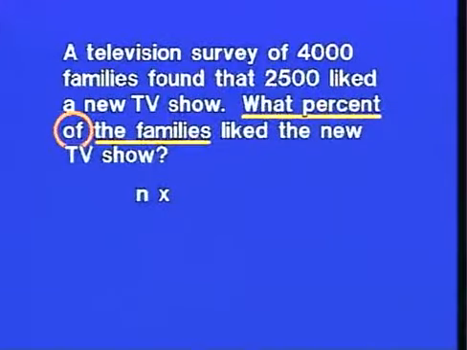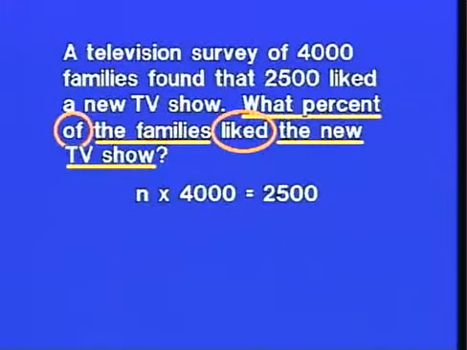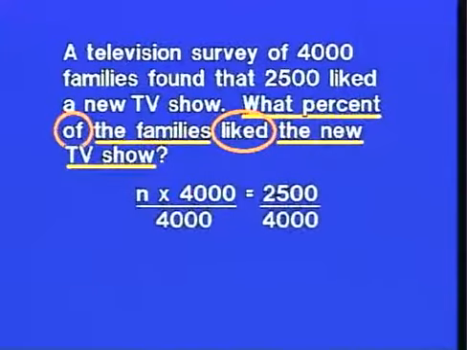The families. Now let's see, the families in this survey, television survey of 4,000 families. So this must be 4,000. Liked. That's a verb. Well, the verb is usually replaced with an equal sign when we're changing an English sentence into a mathematical form. And the new TV show, the people that liked the new TV show, is 2,500 in the problem. Now we'll divide on both sides by 4,000,